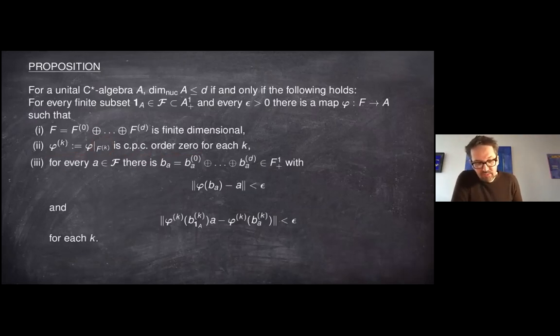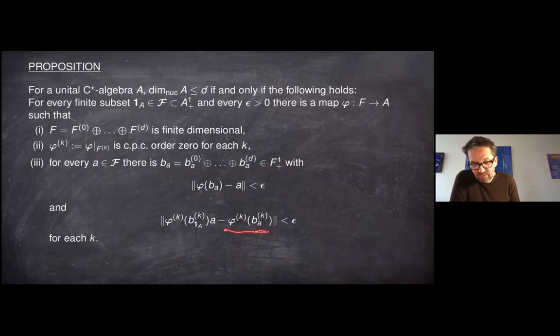And now the crucial condition is that for every A in this finite subset, curly F, there's an element in the positive unit ball of the finite dimensional C-star algebra F. I call this B sub A, and since it's in the unit ball of F, it's a direct sum of B_A^k in the unit ball of the F^k, such that this B_A is mapped by phi almost to A. Okay, so A is approximated by these elements B_A by the map phi, and we can recover the B_A or